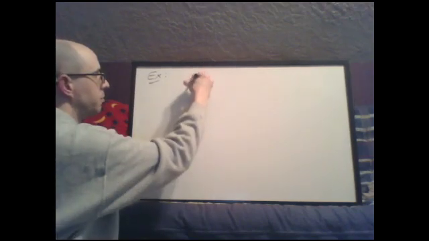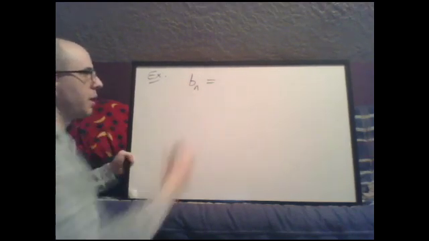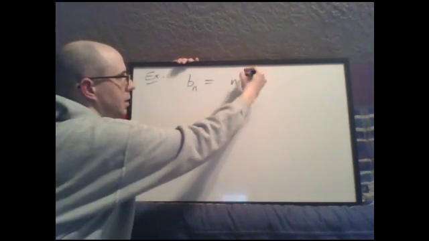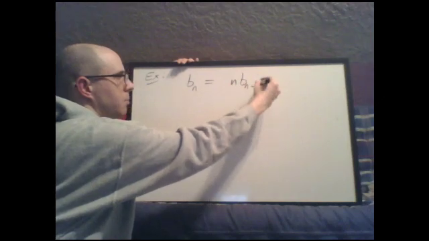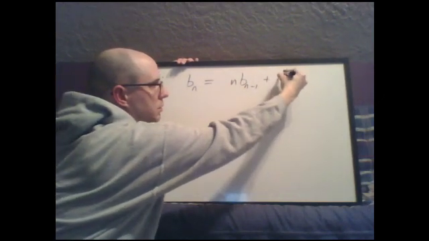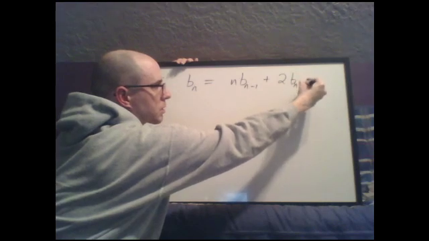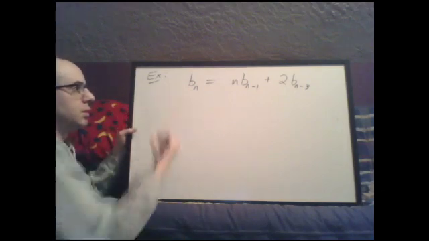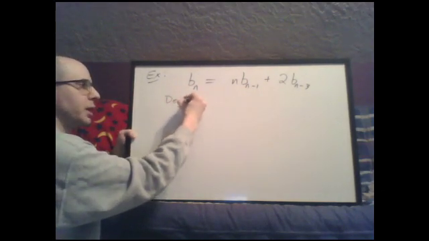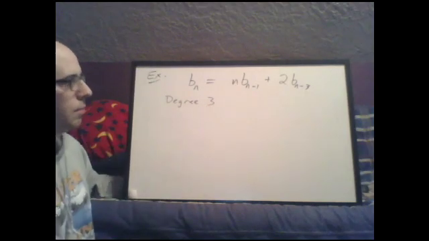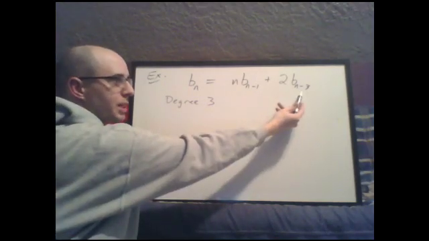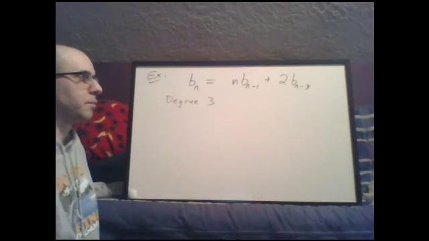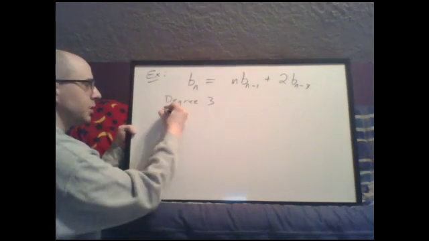All right, so another one, we'll switch that up with b's for fun. So bn equals n bn minus 1 plus 2 bn minus 3. So let's do the easy thing first. This is degree 3 because our recurrence involves bn minus 3. We have to go back 3 steps in our sequence in this recurrence. This is still linear